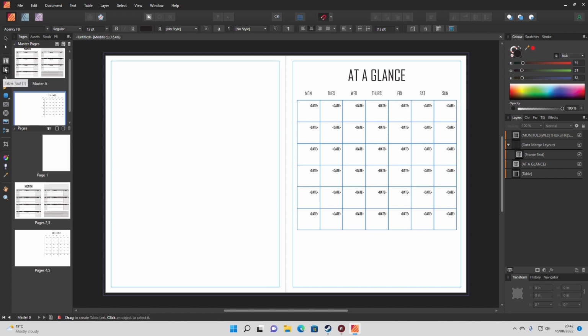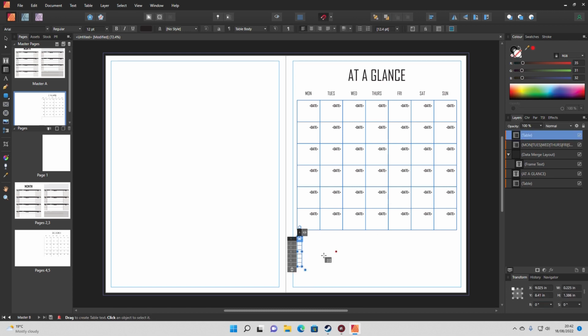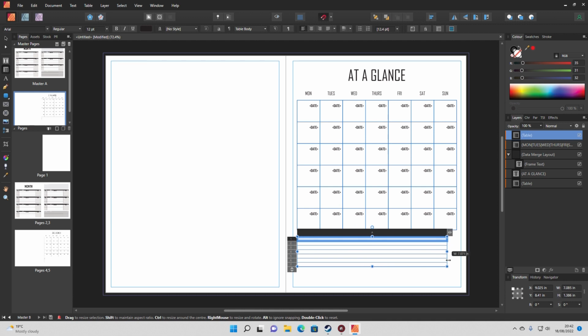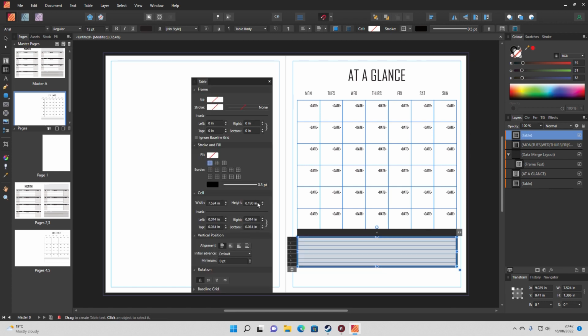Underneath, I'm going to use the table tool to make a little note section. I will, let's see, we'll change that. We'll change the height of each cell to 7 mil,